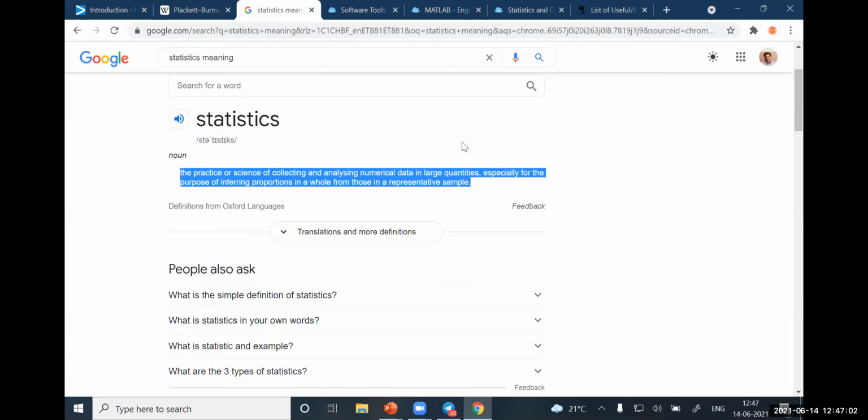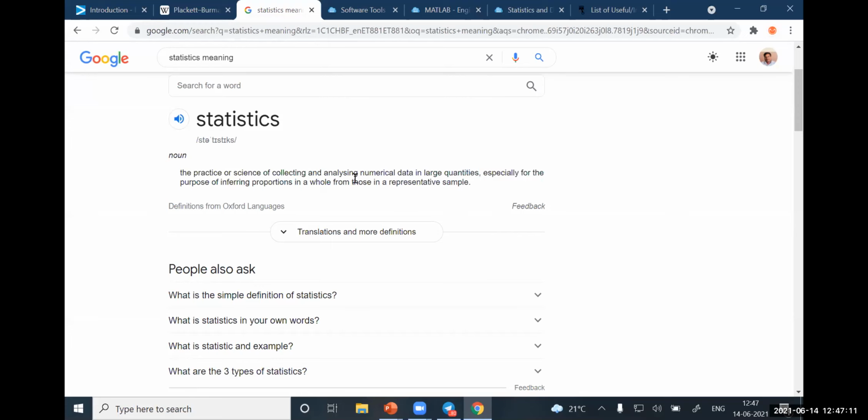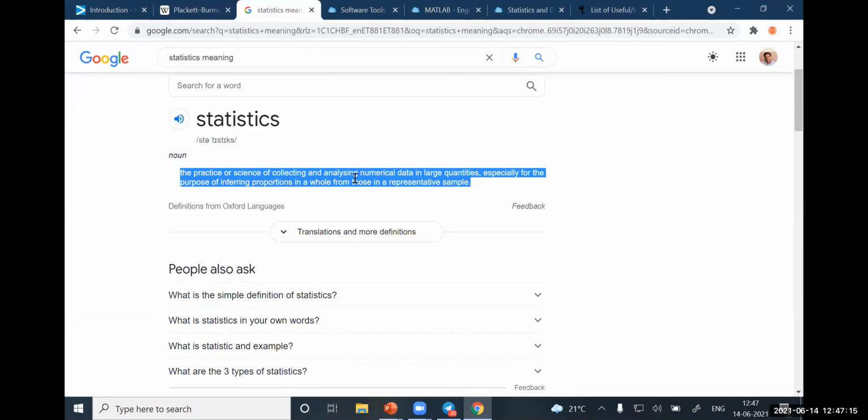Inferring means to get, to catch something in a whole form from the representative sample. That means from that data, you are going to infer some result. You are trying to find out some result, some correlation, some relations, some cause and effect. And that's why this is used for hypothesis testing.